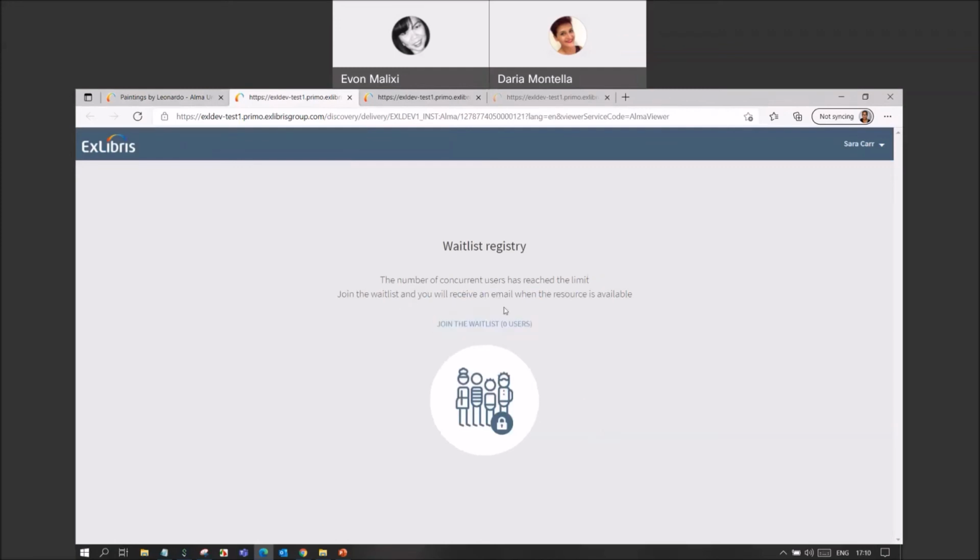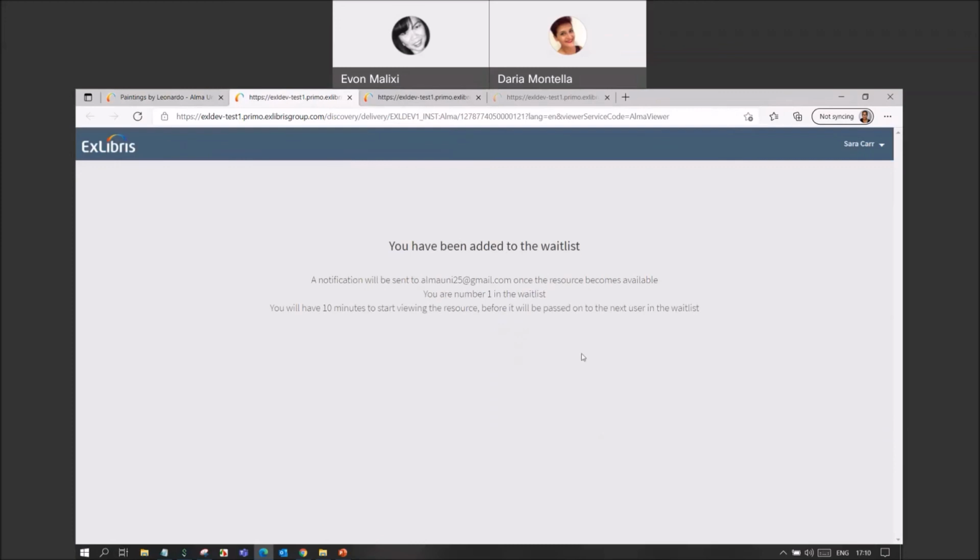Join the waitlist, and you will receive an email when that resource is available. So she needs to join the waitlist. And then a notification will be sent to that email once the resource becomes available. This user will have 10 minutes to start viewing the resource before it will pass on to the next user in the waitlist. That's basically the grace period that we have enabled, 10 minutes grace period before it will pass